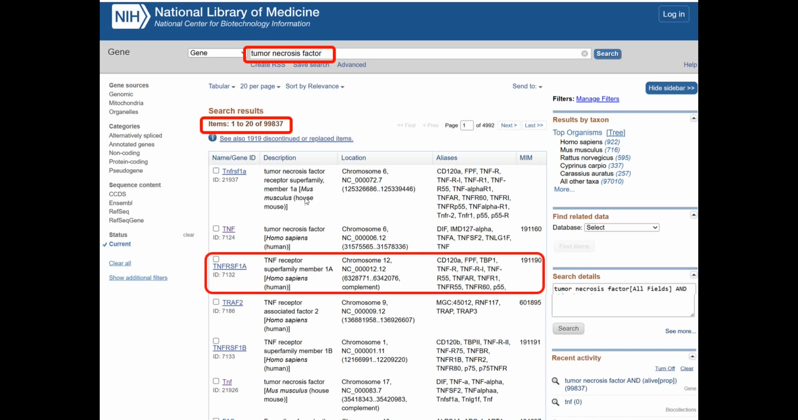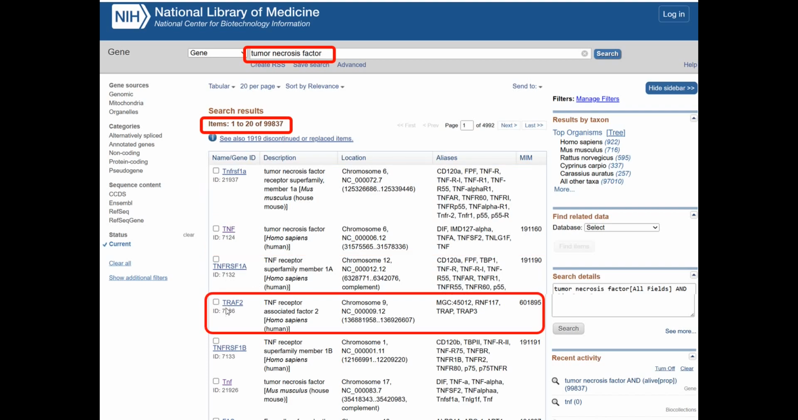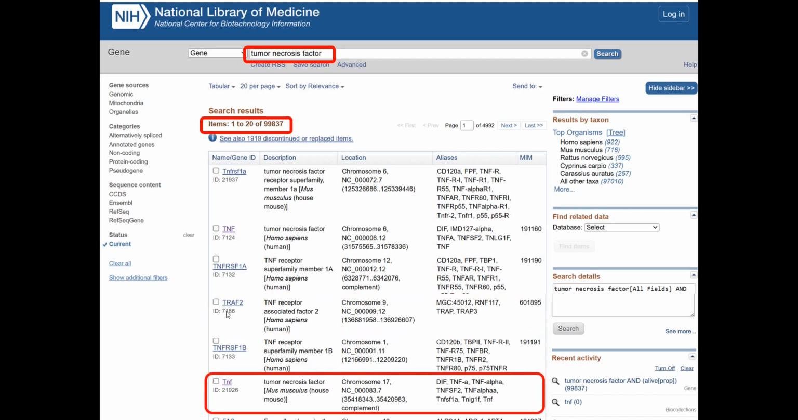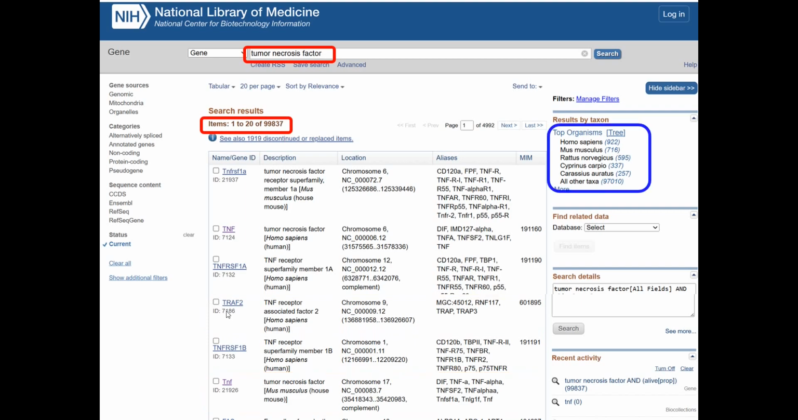By the way, this one was for mouse, but this is for human. Then we have TRAF2, which is TNF receptor associated factor 2. Again, it's related to TNF, but it's not TNF itself. And we have more stuff in here, and here we have mouse TNF. So if you look at the organisms in here, we have